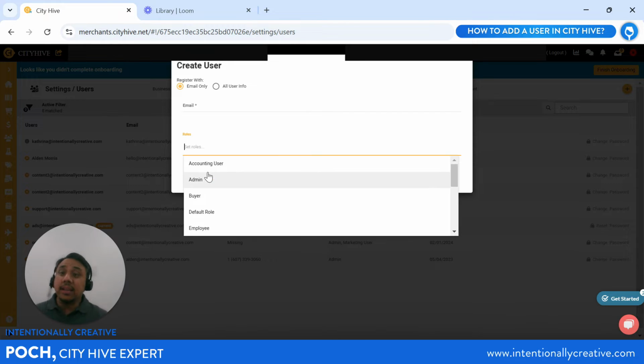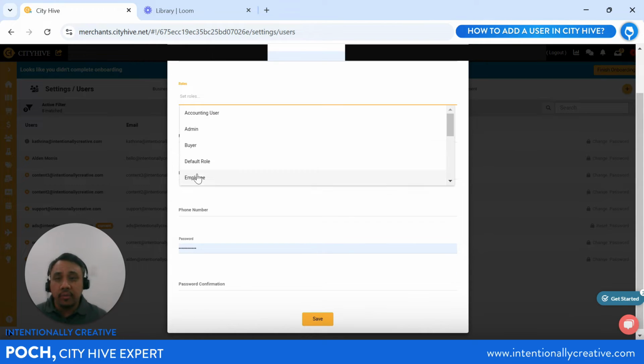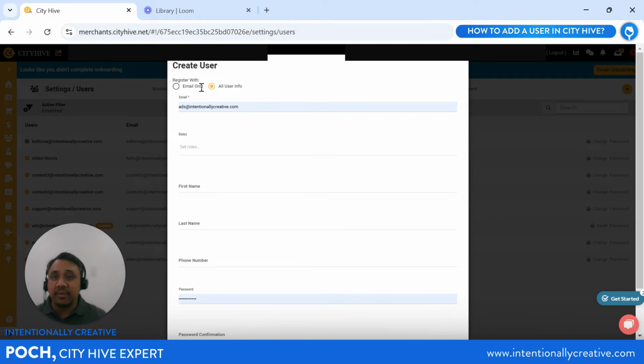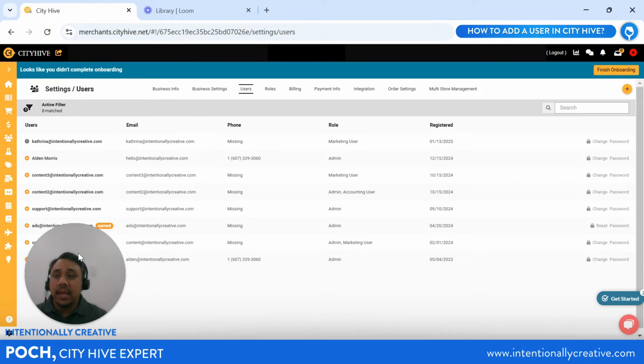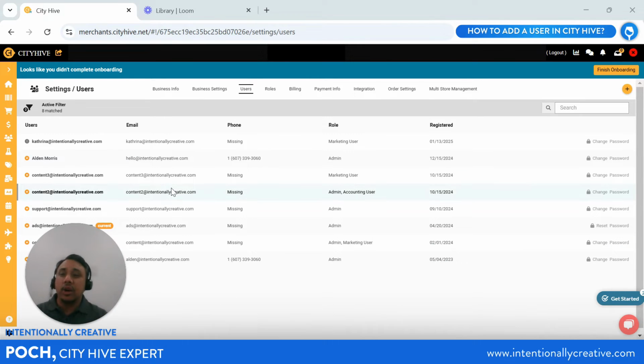Now, the second way to create a user would be all user info. For all user info, it'll ask you for the role, of course, and aside from that, the first and last name, a phone number, and a password confirmation, and then you just click on save. Once you've done all of that, your user will show up in the main users menu. Once it's on the main users menu, just click on that user